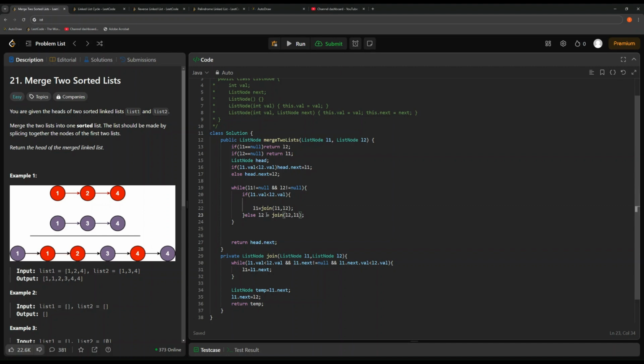So for L2 what will happen is L2 would basically enter here as L1. So it will keep going while L2's val is less than L1's val, and L2's next is not null, and L2's next val is also less than L1 dot val. L2 will keep going ahead. Finally, L2's next will save into temp. The next will return, which will be your new L2. So while this happens,